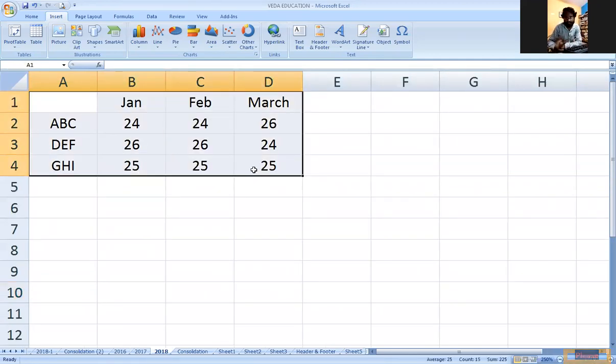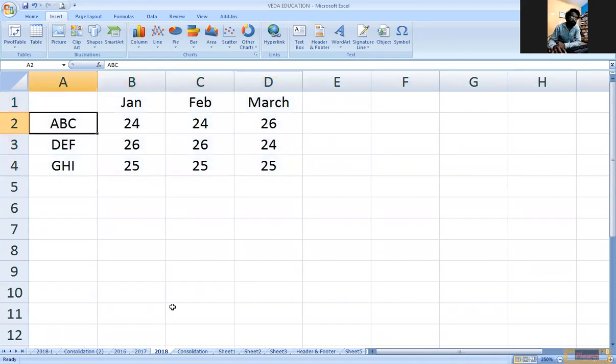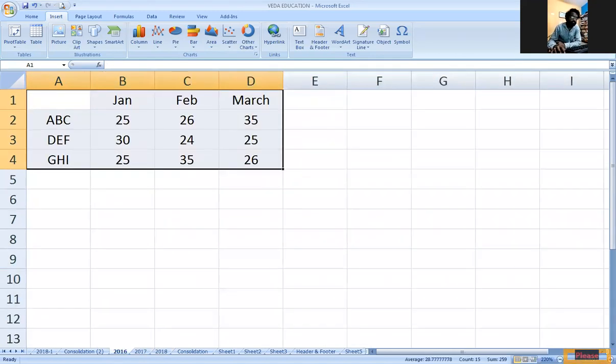The values may vary, but the performance of ABC is in the same location. The cell addresses should not vary; they should be constant positions.